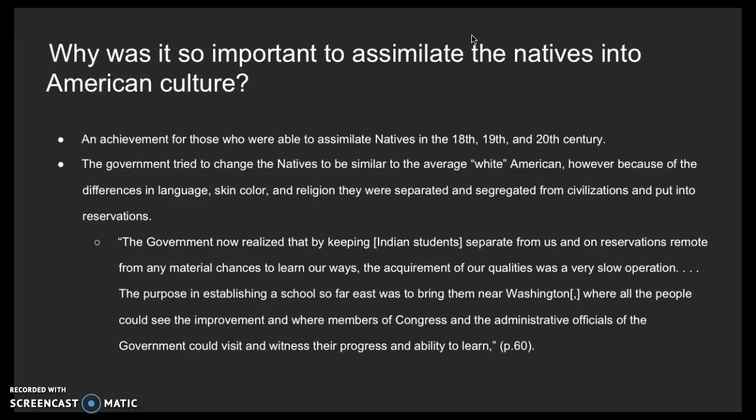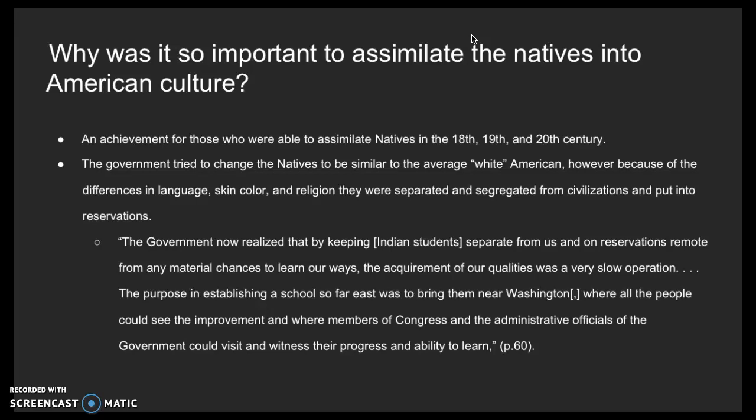So why was it so important to assimilate the natives into American culture? All throughout the 18th, 19th, and 20th centuries, the main achievement for many white Americans was to assimilate the natives into American culture and Christianity as well. So the government tried to change the natives to be similar to the average white American. However, because of these differences in language, skin color, and religion, they were separated and segregated from civilization and put